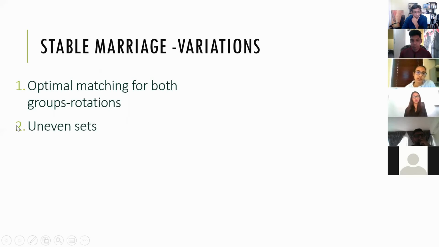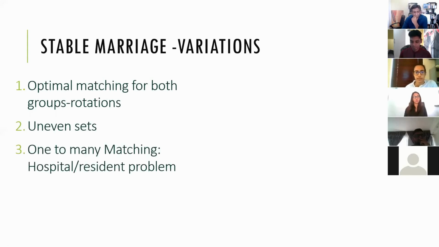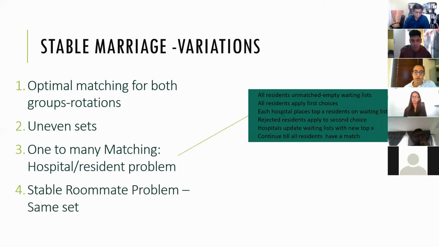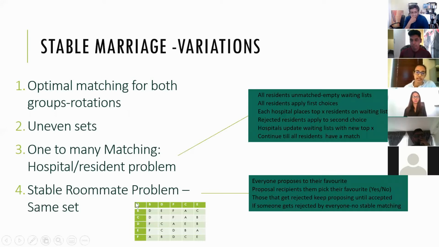You get variations that involve uneven sets. In the basic form, you need an equal number of men and women, but there are variations where you will end up with some people that do not have a match, which would be similar to our demand and supply. We won't always have equal sets. You get the one-to-many matching, which is the hospital resident problem. So you've got one person, and the hospital can take 3 or 4 matches. So that's just a basic outline of that one. And then you've got the stable roommate problem, where it's not a bipartite graph exactly. It's working off the same set, and you almost create this matrix form